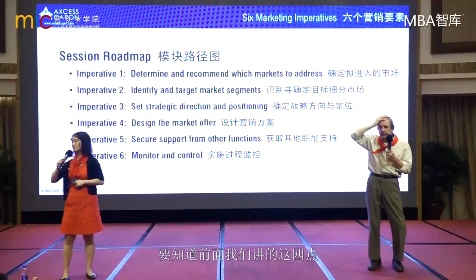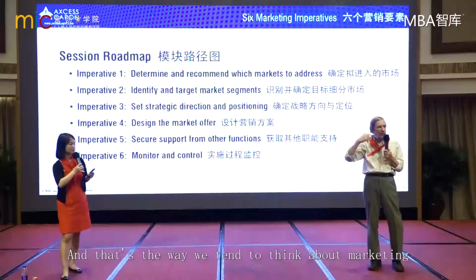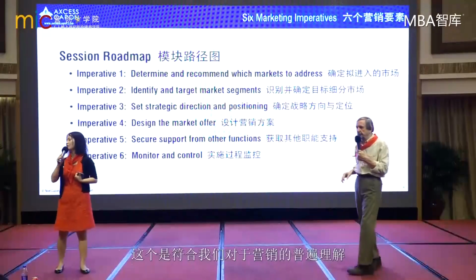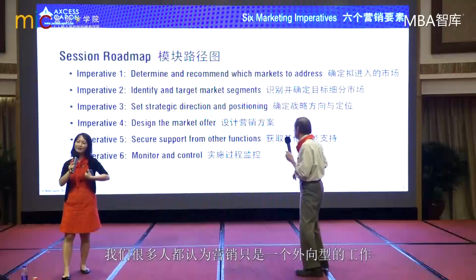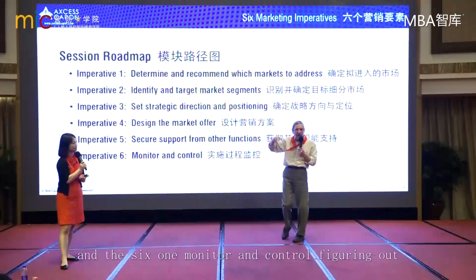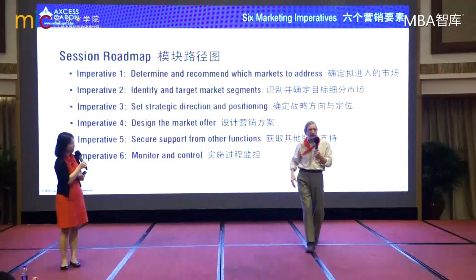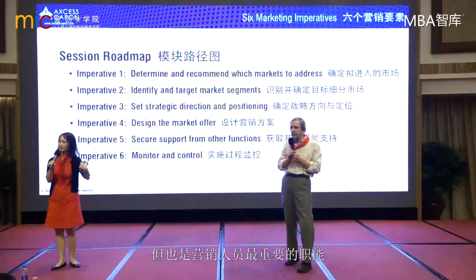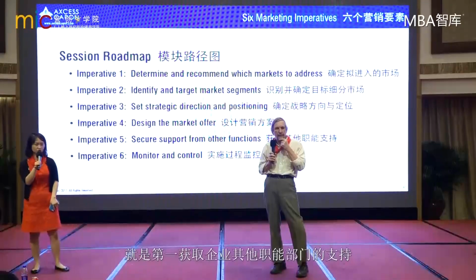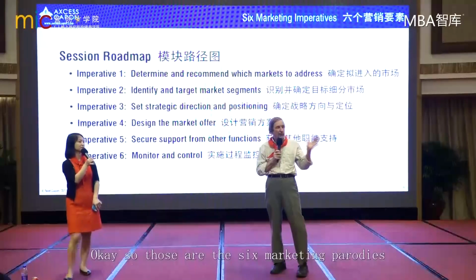Notice all of these 4, the top 4, are all external, where you're looking outward at the environment. 要知道，前面我们讲的这4点，这4点都是外向型的，就是你面对市场、面对竞争对手需要做的事。And that's the way we tend to think about marketing as this sort of external focus. 这个是符合我们对于营销的普遍理解。我们很多人都认为营销只是一个外向型的工作。But this one, secure the support from other functions in the organization. And the 6th one, monitor and control, figuring out how we're doing, have much more of an internal focus. 但是我们要知道，下面这2点经常被忽略，但也是营销人员最重要的职能，就是第一，获取企业其他职能部门的支持；第2点就是实行非常确定的这种过程监控。